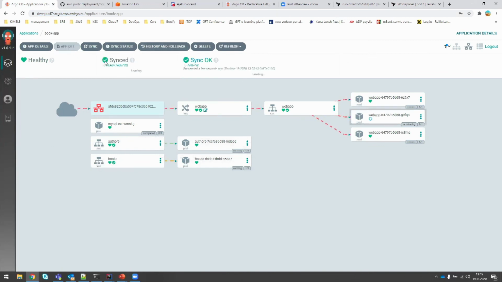Argo is telling me that it's out of sync. It's syncing now, and in a second it will kill the pod. It's already terminating it, so you will see exactly the same as you would on the Kubernetes cluster, and then you go. The pod is gone. So this is how simple it actually is to use Argo and manage all those resources without a necessity of going into the console. Again, this opens a door for companies to diversify access for people, having people who have access to Kubernetes and the people who can only manage this bit.